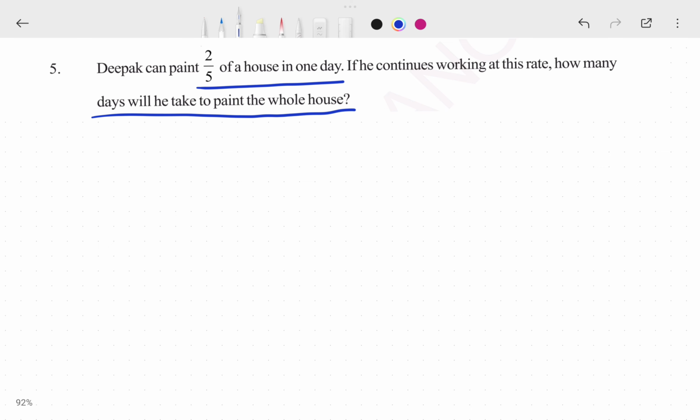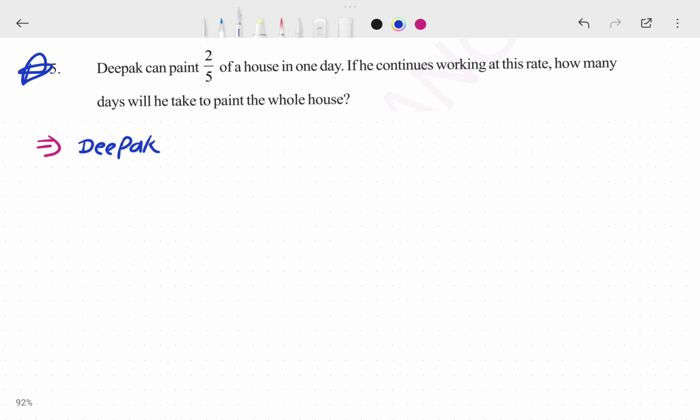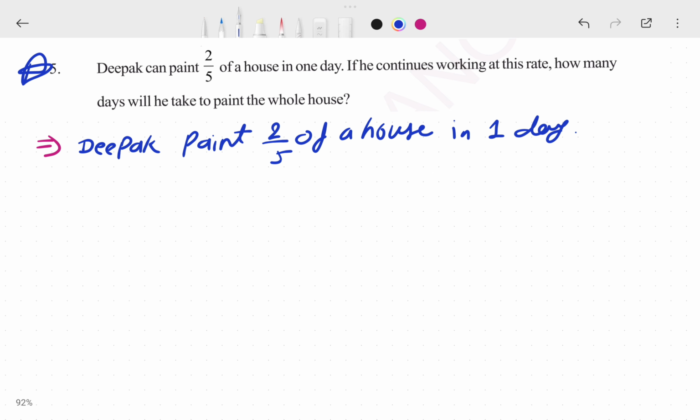Okay, so this is a very important question, and a very interesting question. A lot of students get confused about what the answer will be, okay. Now I explain this. Let's write the question here. Deepak paints 2 by 5 of a house in a day, okay, this is right. So what we have to find,